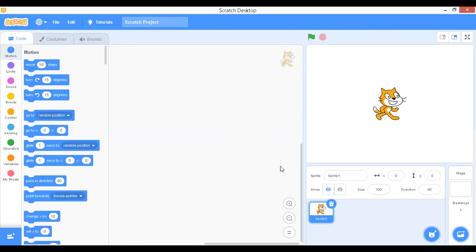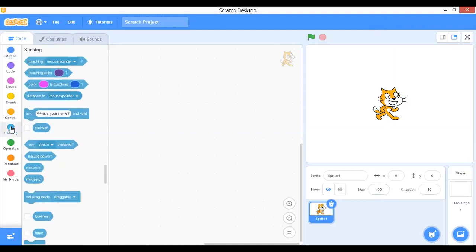Then here we have to write the code. It's a block. If you want to write any program, we have to drag these particular blocks and drop them here and assemble them in a proper sequence. So that becomes your program. Now here I'm going to talk about sensing, meaning how to get the data from the keyboard. Here so many blocks are there. I'm going to concentrate on some important blocks. Now here there is a block.